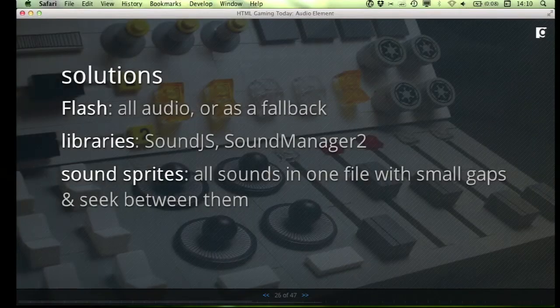And we can use advanced tricks like sound sprites. Similar to graphical sprites, we can put a bunch of sounds into a single track, with little gaps in between those sounds, and we can play a bunch of audio tags all with that long sound in it, and jump around inside of it. And you can actually do this in iOS. So you can have a bunch of sound effects, and you can jump between them and only have that one sound start playing when the user clicks to start the game. So it's hacky, but it works.